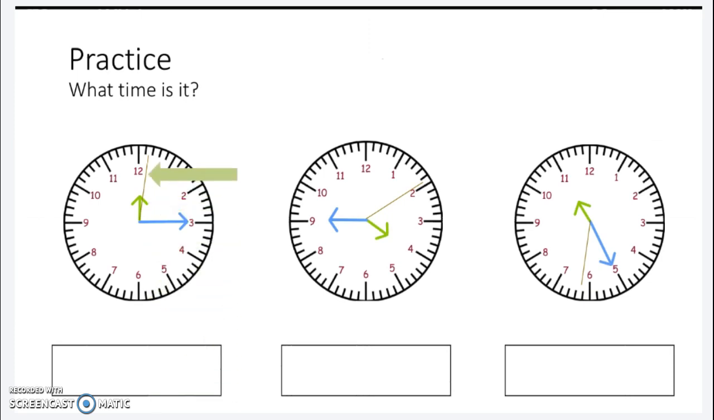In this first clock, the hour hand is facing the 12, and the minute hand is facing the 3, which is 15 minutes. So, the answer to this first clock is 12:15. For the next clock, the hour hand is facing the 4, and the minute hand is facing the 9, which is 45 minutes. So the answer is